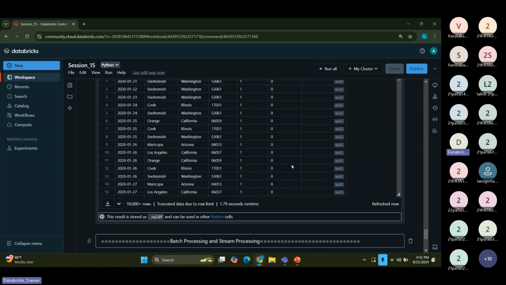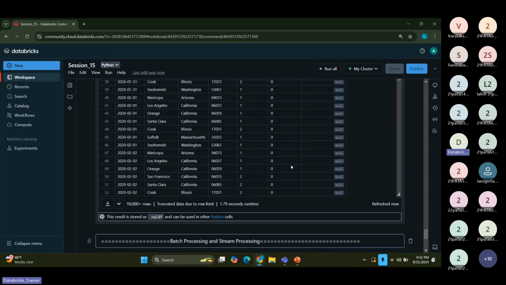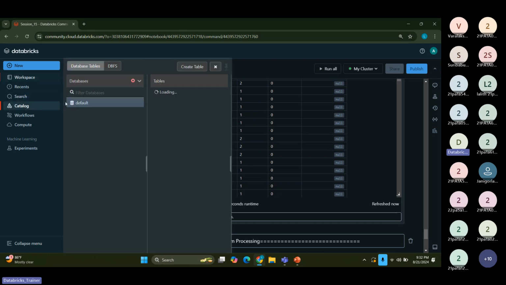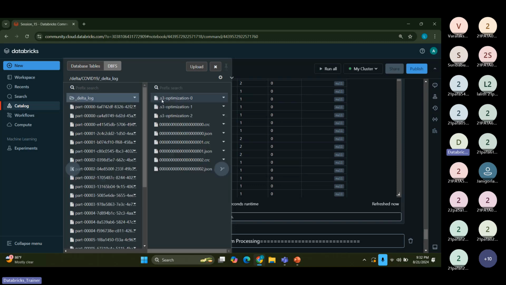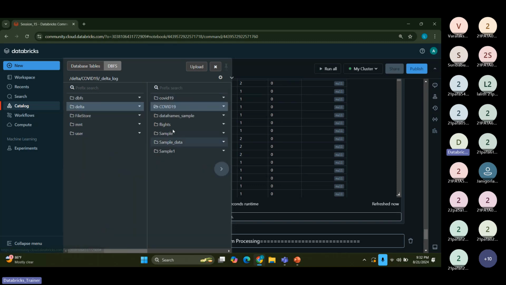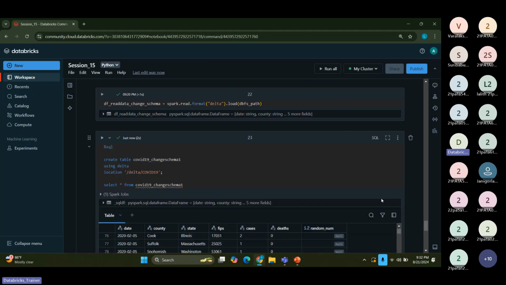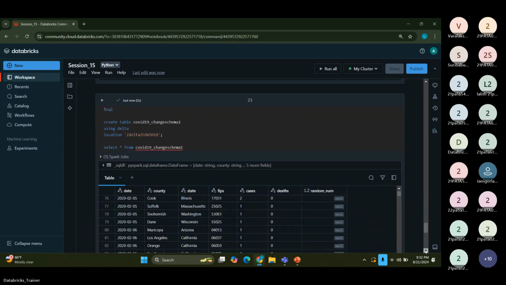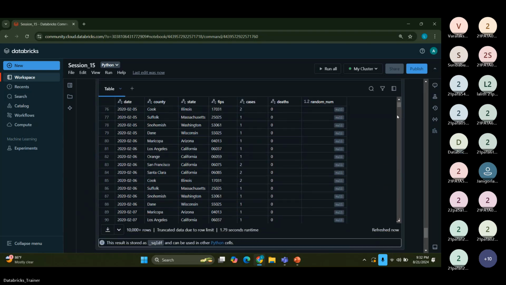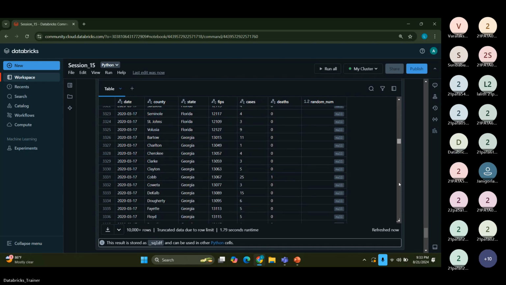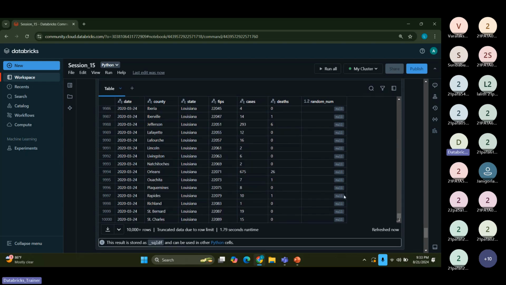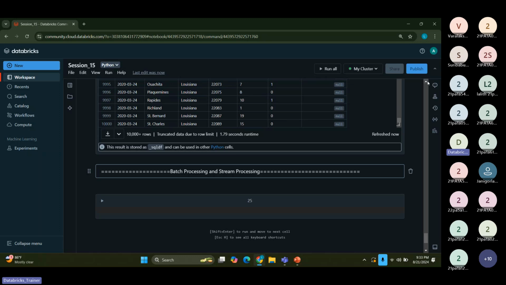Finally, at least now I could show you the difference. Before I didn't get it because here inside the DBFS, COVID-19 with a lower case and COVID-19 with an upper case have been created. That's where it got mismatched and I couldn't show you. But if I scroll completely down, also, I'm not getting a